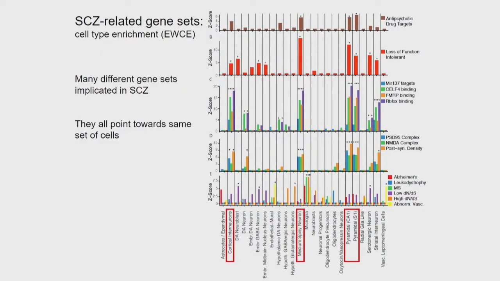Okay, in the beginning I alluded to gene sets that had been shown to be enriched for schizophrenia risk: neurons, synapses, things that bind mRNA, etc. It turns out that if you look at those gene sets and ask in which cell types they are enriched, they are enriched in the very same cell types that were found to be enriched for schizophrenia heritability. So it's a parsimonious explanation. Why do we see these gene sets? Both the gene set data and our data point towards the same cell types, although it's a bit circular, I admit.